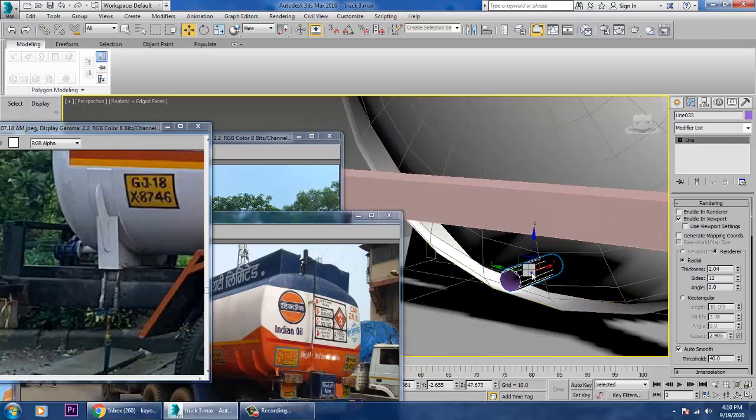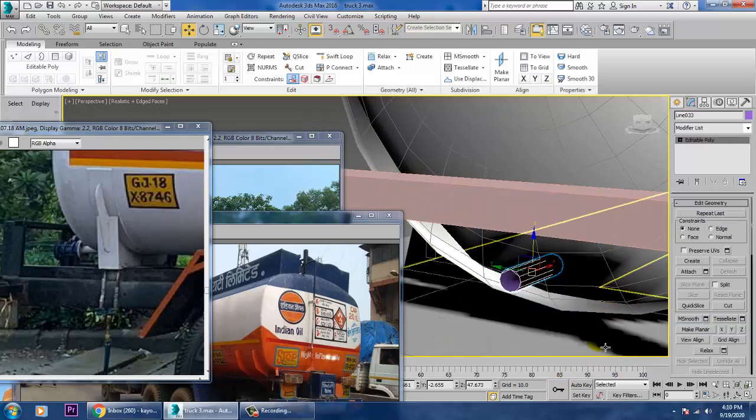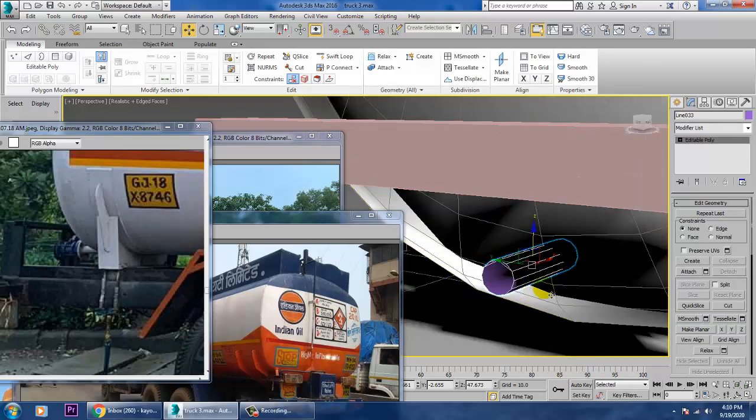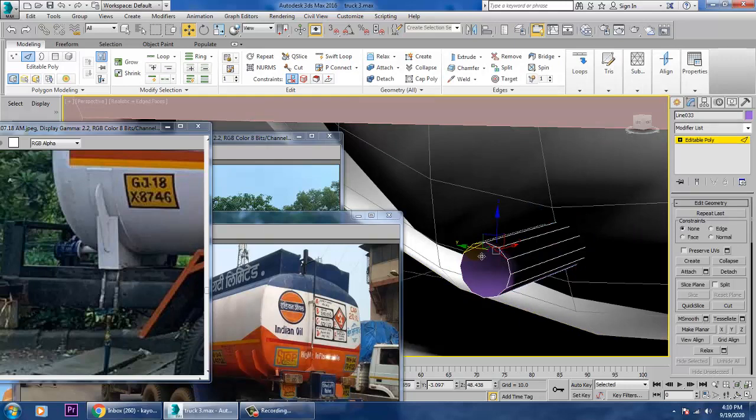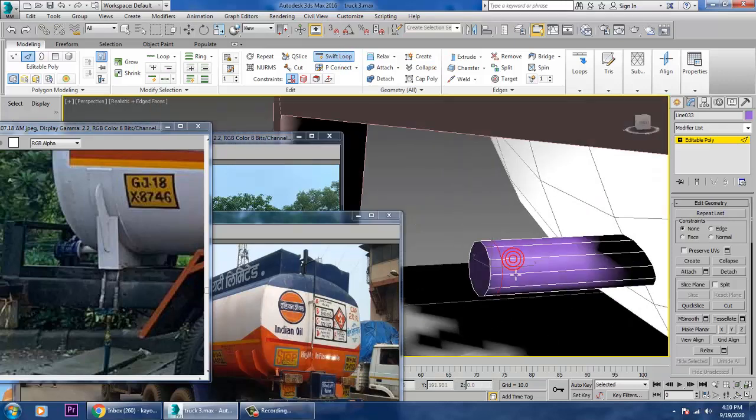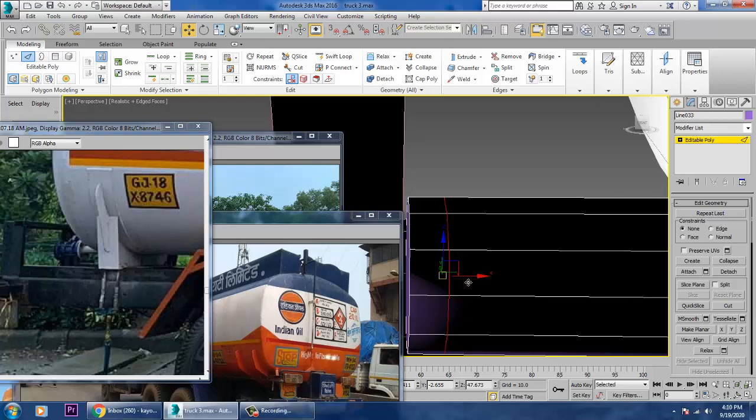Convert to editable poly. After that, let's select these edges, Ctrl Backspace. Let's take one swift loop over here and just push it like this.